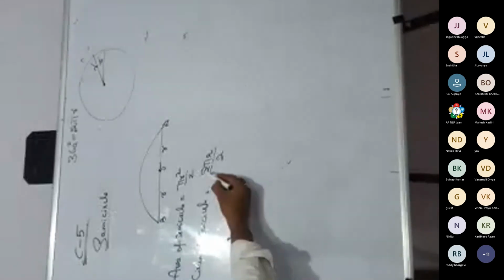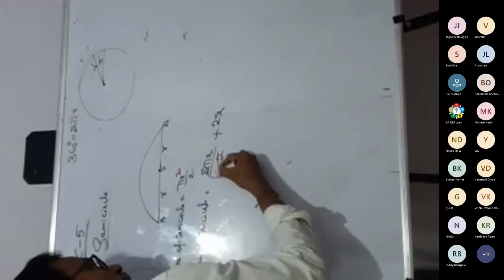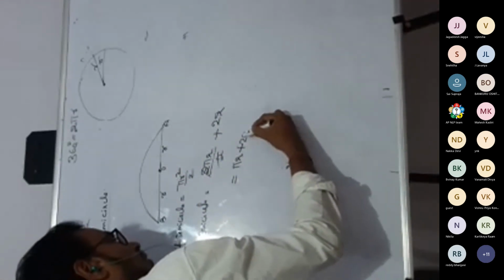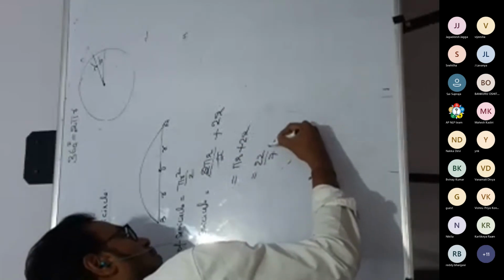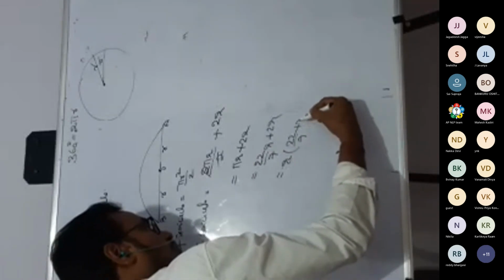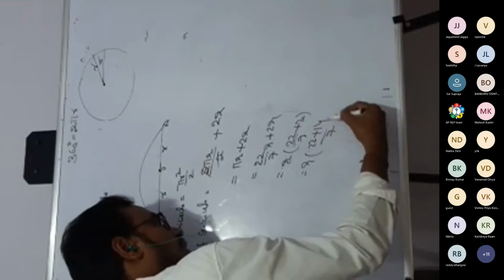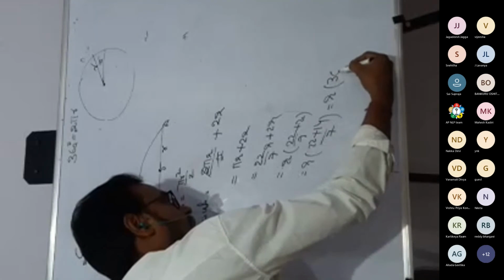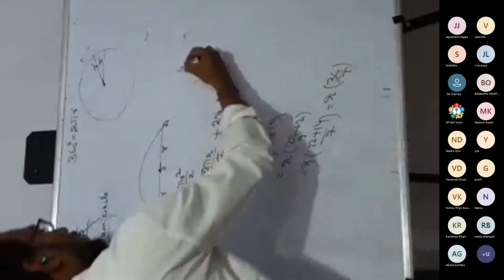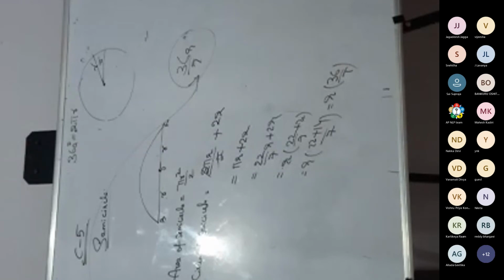Simple. It is 2 pi r by 2, plus one extra r is added, r plus r, this is 2r. The 2s cancel, so it becomes pi r plus 2r. Simplifying, pi is 22/7, so 22/7 r plus 2r. If you take r common, 22/7 plus 2, this is 22 plus 14 by 7, since 2 times 7 is 14. This is r into 36/7. Finally you are getting 36/7. This is the circumference of the semicircle. 22 plus 14 is how much? 36. Very simple.